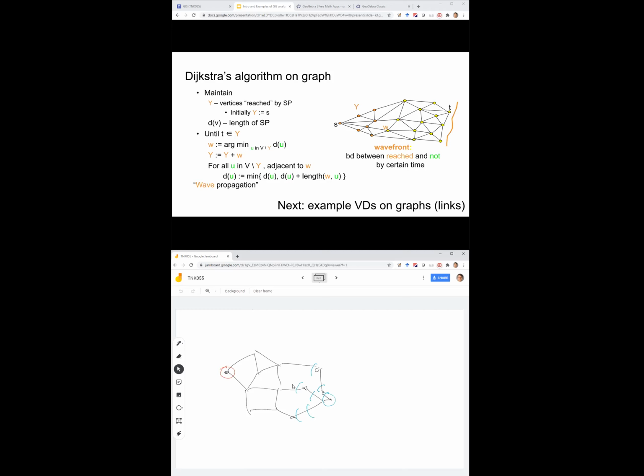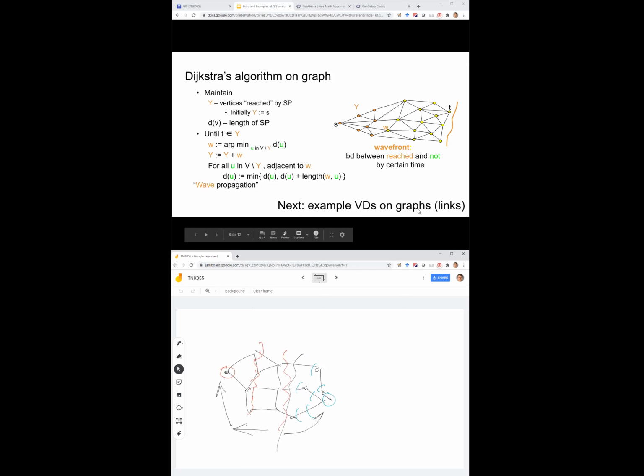Well, and maybe here on the left in the picture, you have a much faster network, because maybe on the left you're in the urban setting, on the right you're in the terrain. So maybe within 1 minute you can reach everywhere here. Maybe within 2 minutes you can reach everywhere here. So then really the Voronoi diagram for these 2 sites will be this decomposition of the network into 2 parts. Everything here on the left will be assigned to the red point. Everything here on the right will be assigned to the blue point. So that's how the wave propagation in a general Voronoi diagram may look on networks.